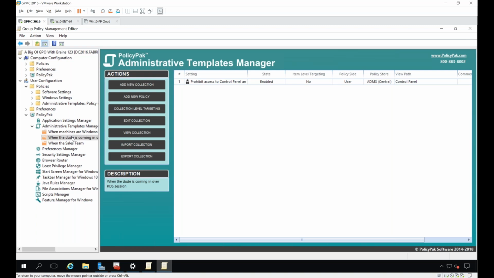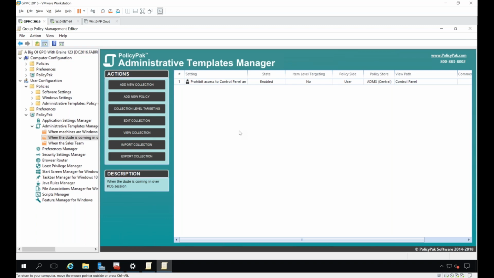If you already have 200 or 300 or 400 GPOs, I don't have time for it today, but we have a little converter utility that will let you read your existing group policy settings that have admin template stuff in them and shove it into one of these folders, and you can decommission those old group policy objects. We had one customer who had 700 GPOs. They got down to 50. Wow, nice. Yep.